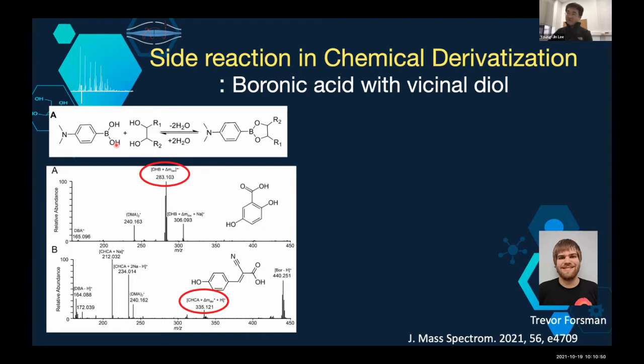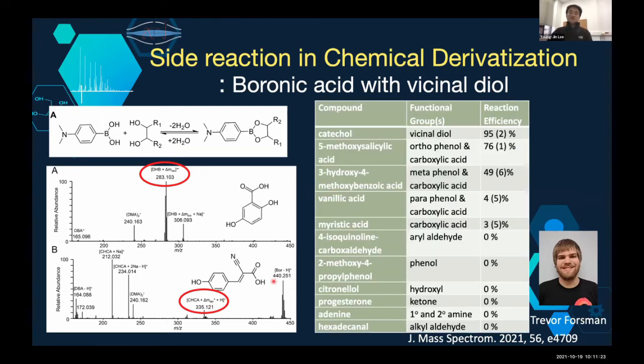That's not what we want. And what happens is the OH group of the carboxylic acid and the phenolic OH are right next to each other. And just like in bisphenol diol, the boronic acid reacts very well. Even for the CHCA matrix, where the hydroxyl group and the carboxylic group are far away, they do react with tiny reaction efficiencies with carboxylic acid. So what that means is we need to have a better understanding of all the possible side